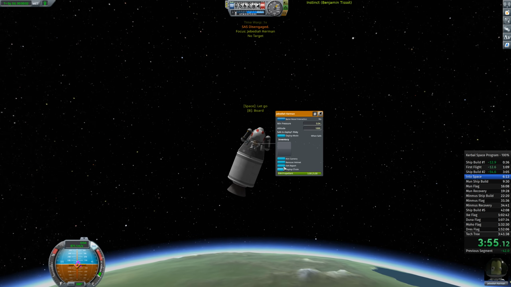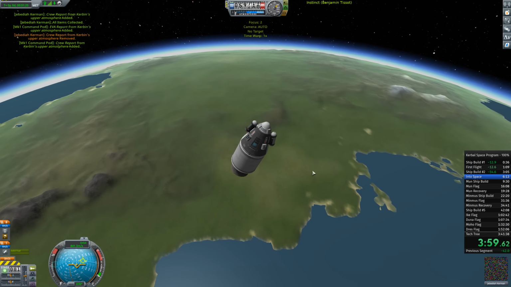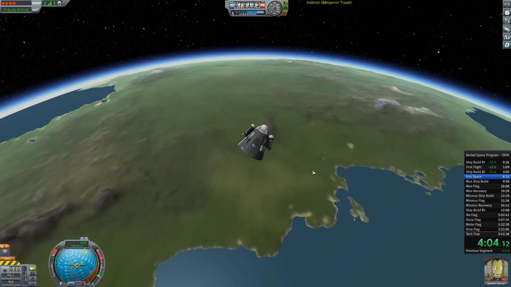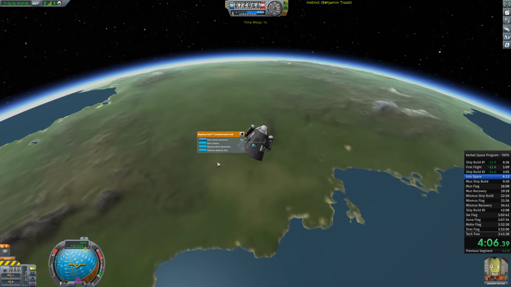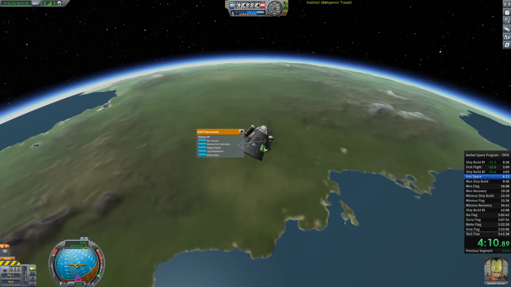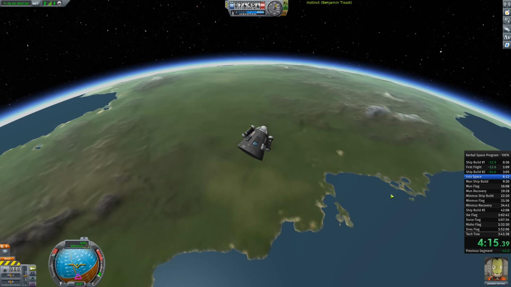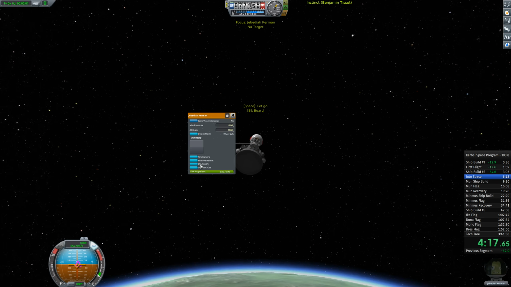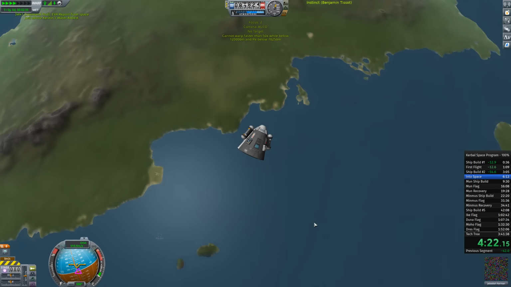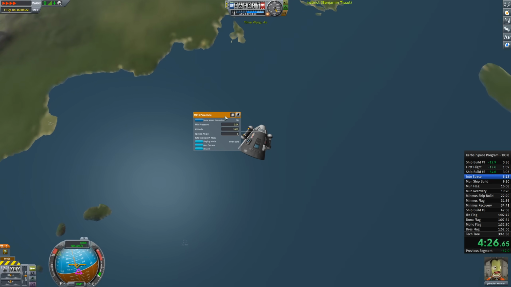So the atmosphere is thin enough up here. I can get by with this. And then get above 70, which is the Kármán line in KSP. One more set of science, and then get back down. So since I'm over the water,